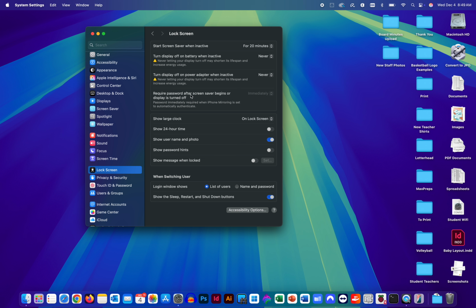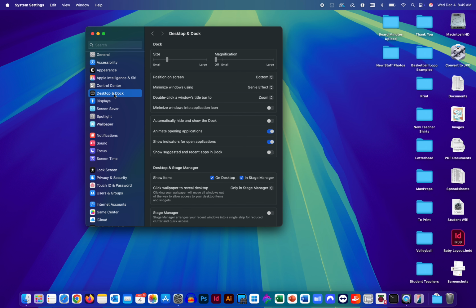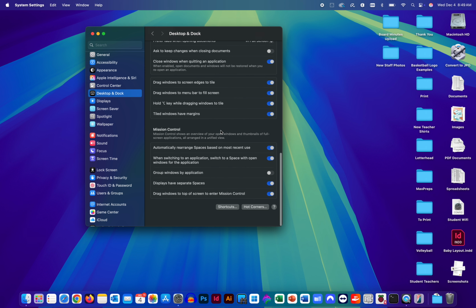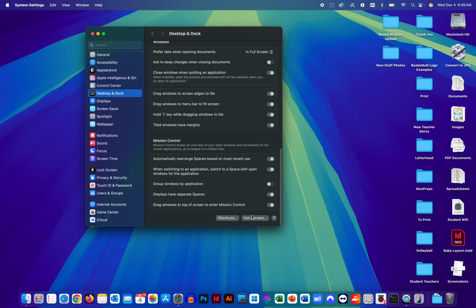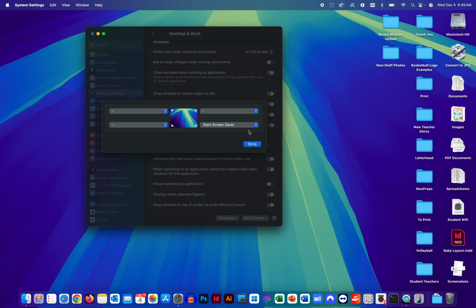Now, by setting this to immediately, the other thing we just did, if we jump back to desktop and dock, and I scroll all the way down to hot corners, notice I set up start screensaver. So what those two settings combined do is if I drag my mouse to the bottom right hand corner of my screen, not only will my screensaver start, but now my computer's locked, which means you need my password to get back in. So if I get up from my desk and I walk away,